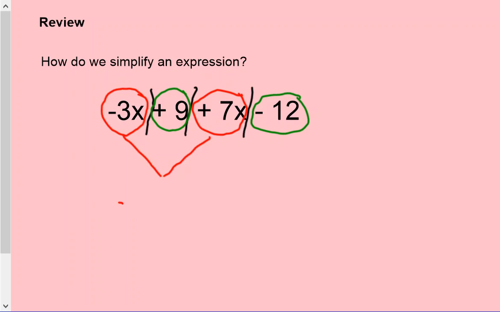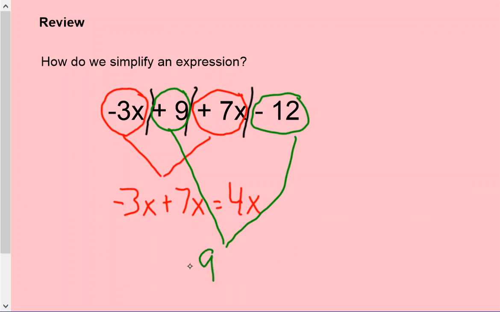We have negative 3x plus 7x. Okay, negative 3x plus 7x will give us a positive 4x. Okay, remember, if you're starting at negative 3 and you're adding a positive 7, you're moving to the right on a number line, and you will end up at positive 4. And then we have